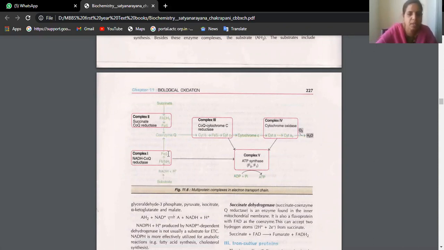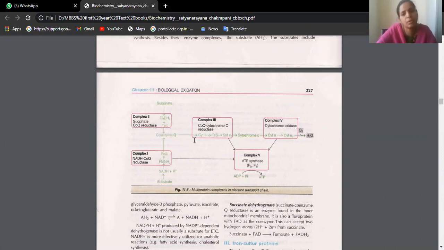First we have enzyme complex 1, which converts FMNH2 to FeS. Then there is succinate. This you should draw coming downwards. Finally, it is coenzyme Q. Whether you go this way or come this way, the electrons are transported to coenzyme Q. For succinate to FADH2 and FeS, we have enzyme complex 2, succinate CoQ reductase.